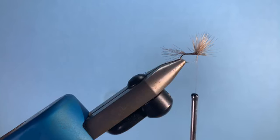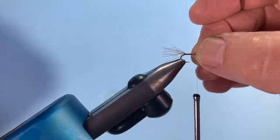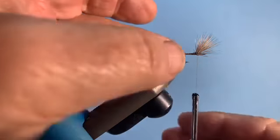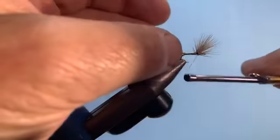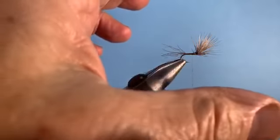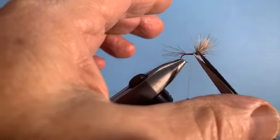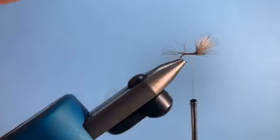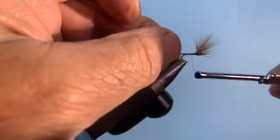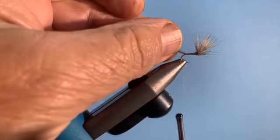Yep. So one of the things I'm going to do to help me is I'm going to pull this, even though I want this wing to stick straight up, I'm going to pull it forward to get it out of the way when I wind my body. And then if there are any errant hairs, get rid of them now, because things are not going to get any better. So just trim them off and get rid of them. Now I'm going to go back to the bend,